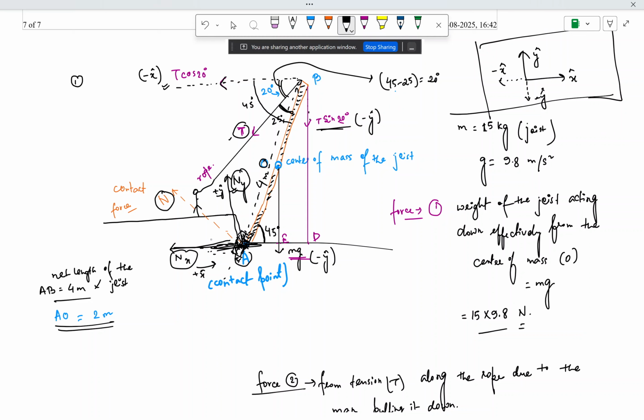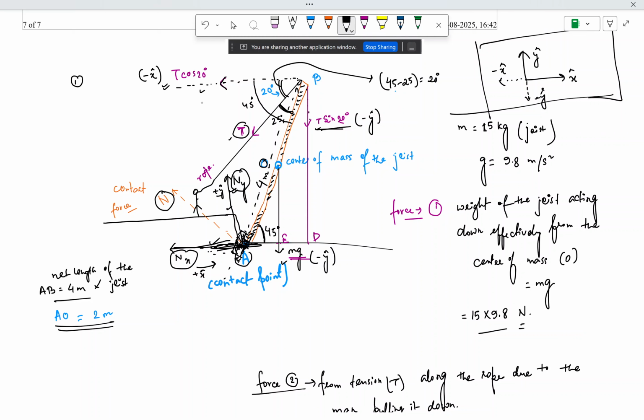You see that these forces Nx and Ny both start at the same point as the contact point A. So their distance from the contact point is effectively 0, and they will not generate any torque. Right? So these are out of the options. The other forces, which are at some effective distance from the contact point A, are this T sin theta force, this mg force, and also this T cos 20 degree force. These are at some application distance, and they will generate an effective torque.